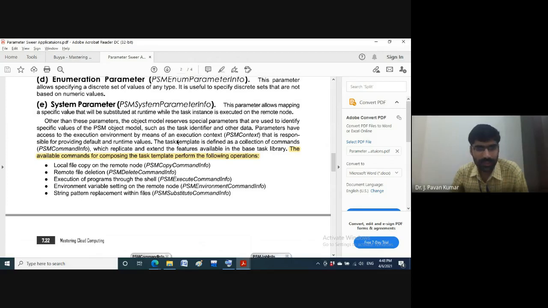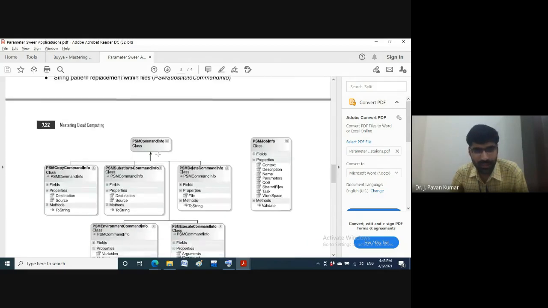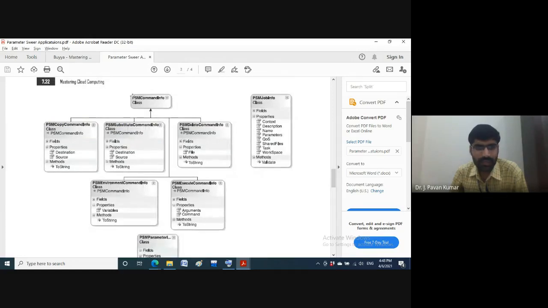This will be depicted in this particular diagram. Here you see PSM command info, which is the base class. If you know the UML language, the object oriented analysis and design subject, you might know this notation. Actually, this notation is used to specify a class or interface.